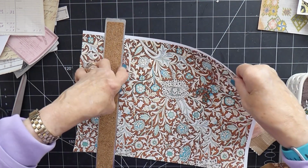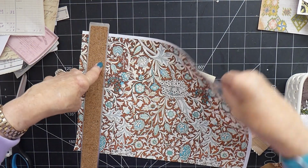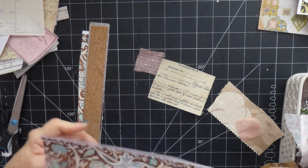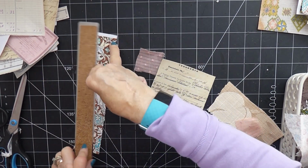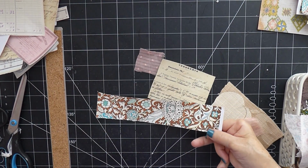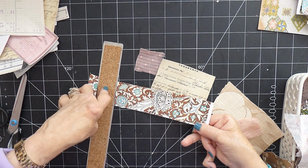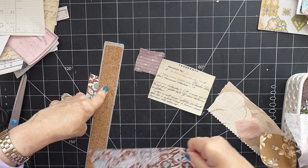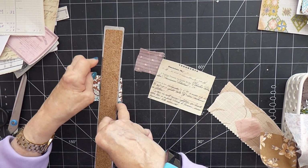I've got loads of these papers, but a lot of them aren't scraps yet because I haven't used them yet. So I don't have a problem with making scraps out of full-size pieces, because then once I've started them, I can just use them on everything, can't I then? And I will cut a small piece, tear a small piece, and let's see